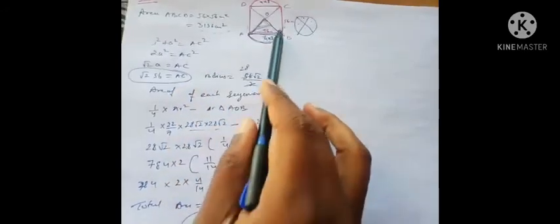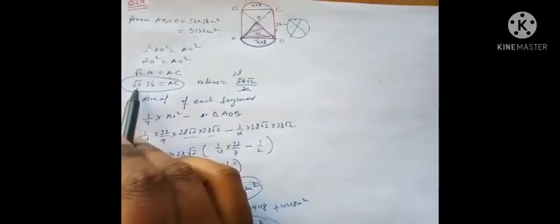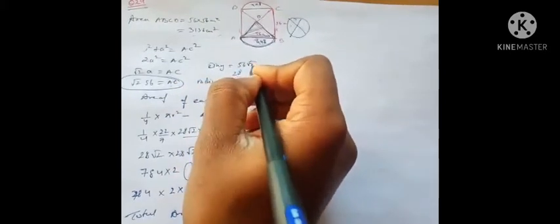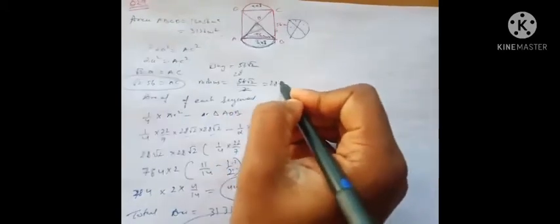So if you guys see over here, I found out the area of the square. After this, I took this as A, this was A, this was A. I got the value, okay. AC is equals to 56 root 2, and then I got the radius, because AC is the whole diagonal, so if I have to write the length of the diagonal, then I can write 56 root 2. But if I have to find the length of the radius, I have to divide by 2. That's going to be 28 root 2.